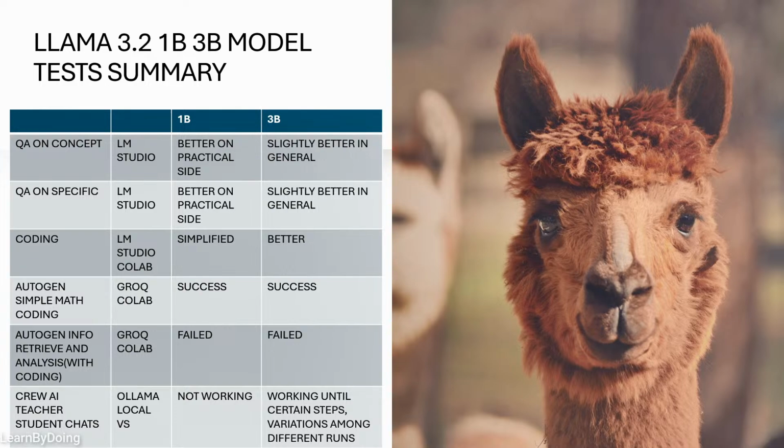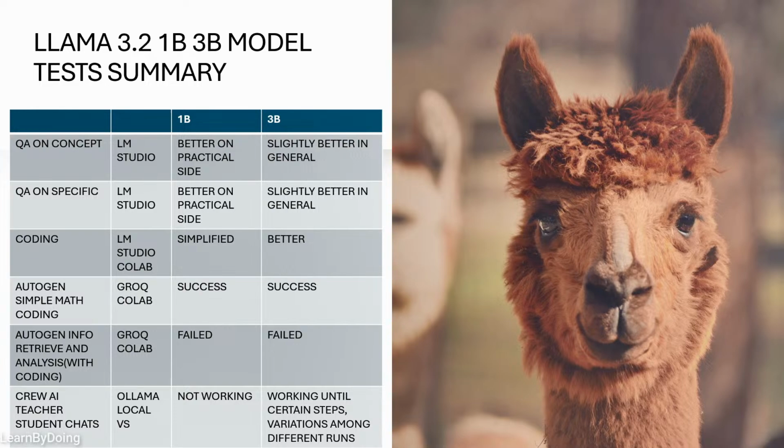Here I give you a simplified peer comparison review. So let's go one by one. We have done a Q&A on concepts and on specific questions. So both models have shown some results, and the 1B model seems to be more practical, giving you some coding suggestions, and the 3B model in general gives a more comprehensive, better answer. On the specific coding task, of course the 3B model performs better than the 1B model, and on the agentic workflow, both models from the Groq website work very well on the simple math coding task, the agentic group chat, and